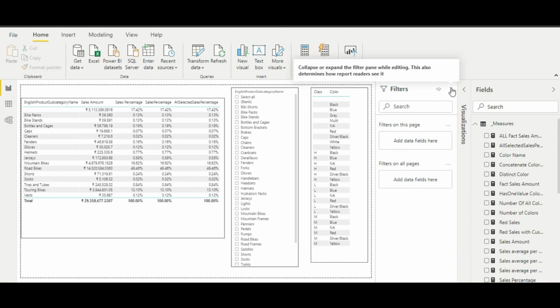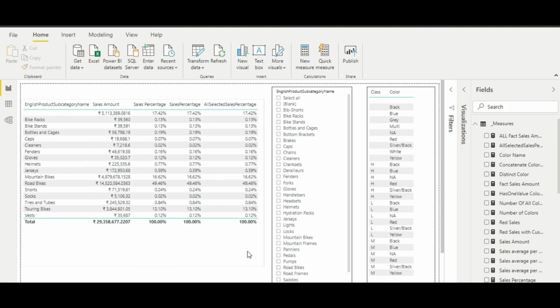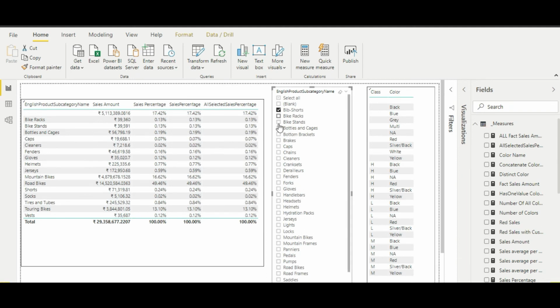There are no report level filters, no page level filters, and no visual level filters, and the slicer filter is not acting as of now. So in this case, ALL and ALLSELECTED will behave the same way, and they are giving the same numbers. Now the difference lies in when I select three particular subcategories,